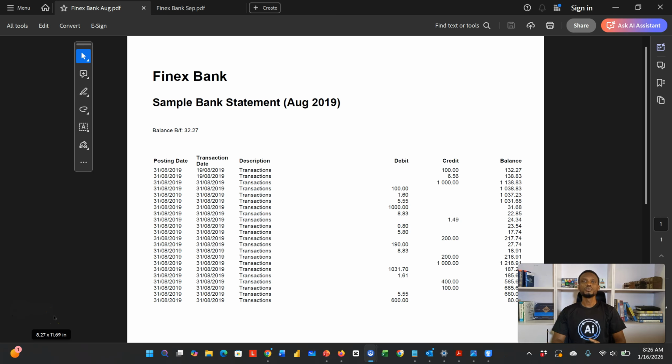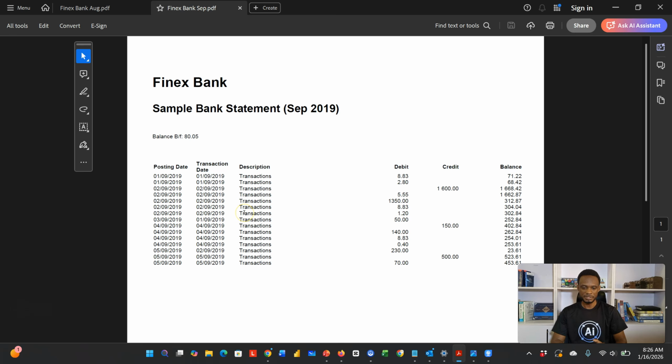Right, so we are going to begin with a sample bank statement. This is just a dummy bank statement we put together. Now, this is for August, and then this is for September. What we want to do is to extract the data in this bank statement in a structured way. Then we'll clean it up a bit, and then use it to create a sample, very simple financial dashboard that